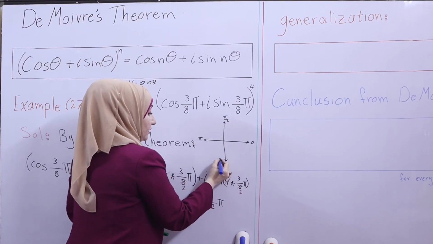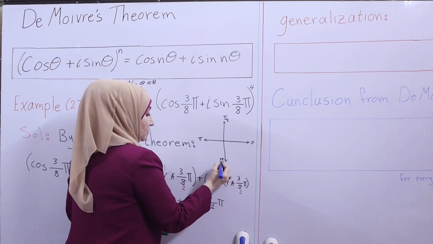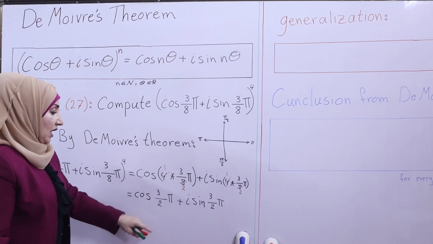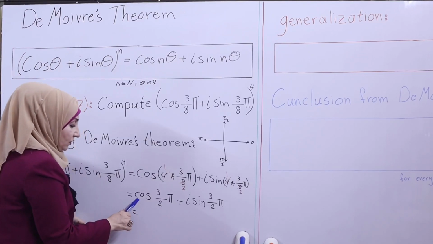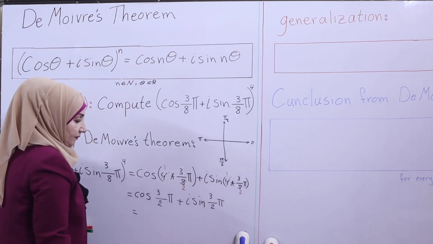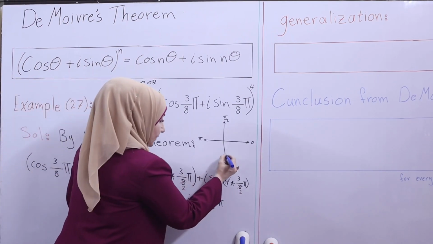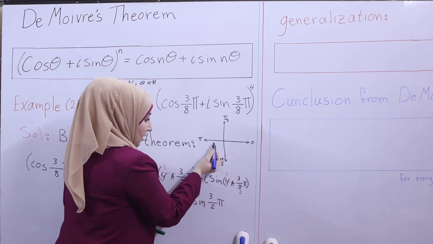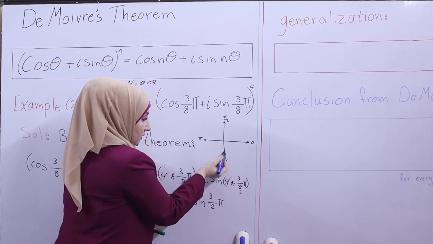Here is 3 pi on 2, which equals 270. Now, do we know the cosine of 3 pi on 2? Yes. The cosine of 3 pi on 2. Cosine equals 0 because it